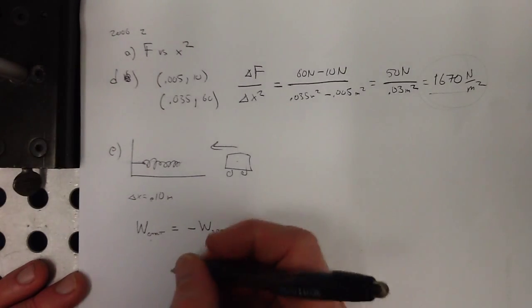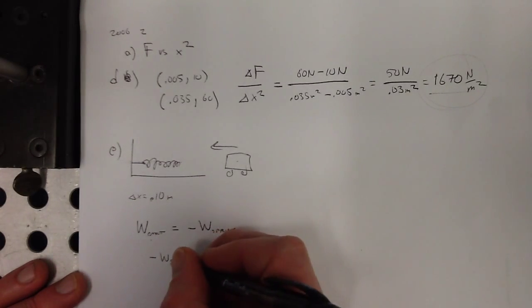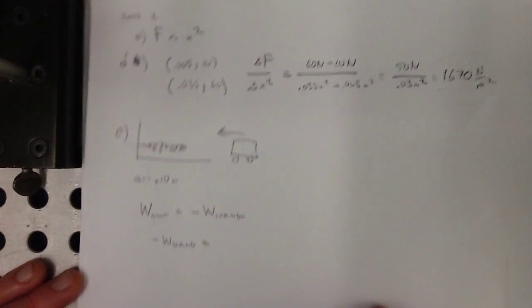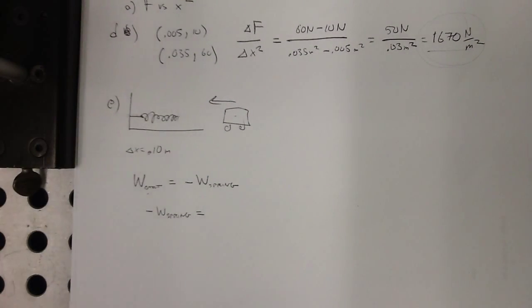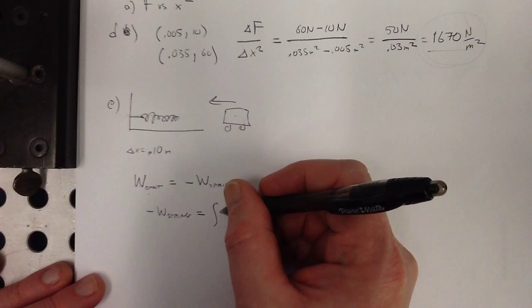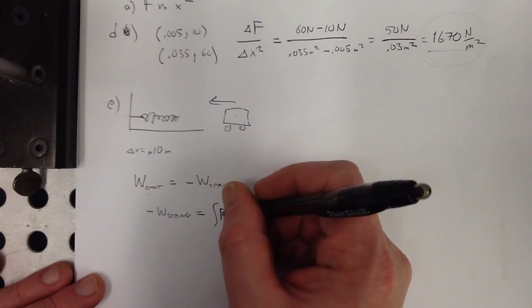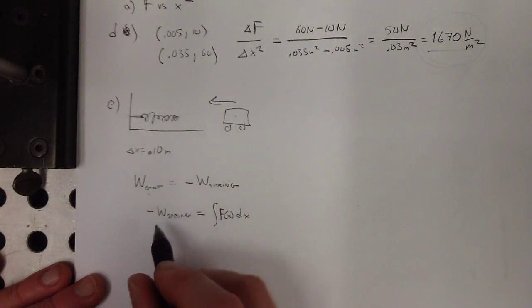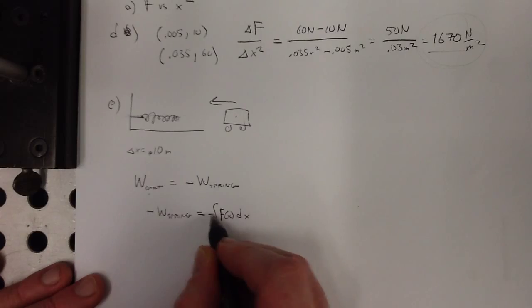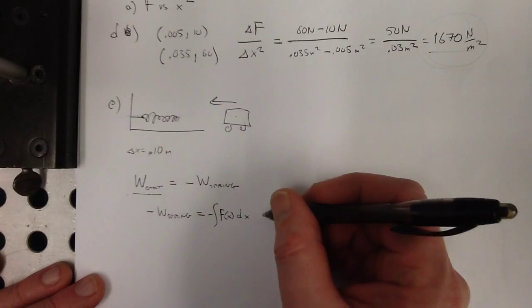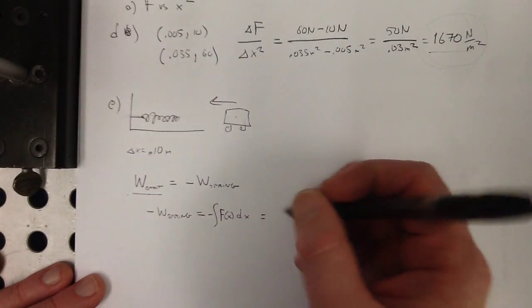And I know the work done by the spring is equal to, well, now let's be careful here because this is not a linear spring, right? It's not a linear spring. We need to find the area under the force function, right? And since we have this negative here, I would need a negative here. This is because I'm finding the work done by the cart. That's what they say. I'm expecting it to be positive, so we'll hope that that's true. So I would need to find the area